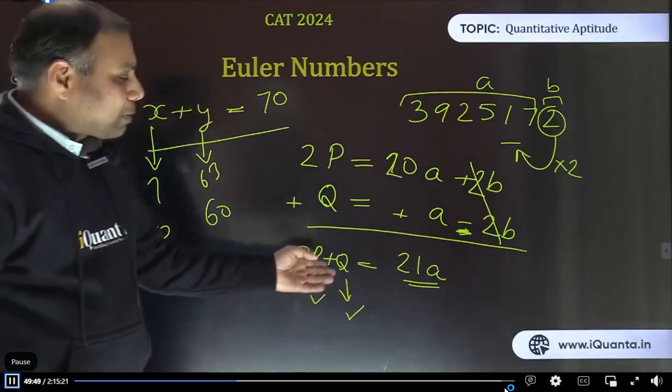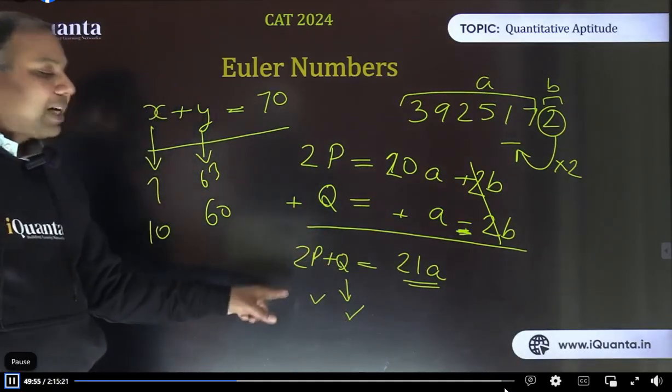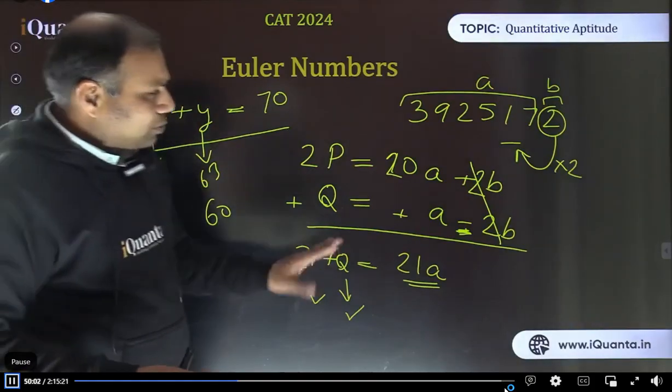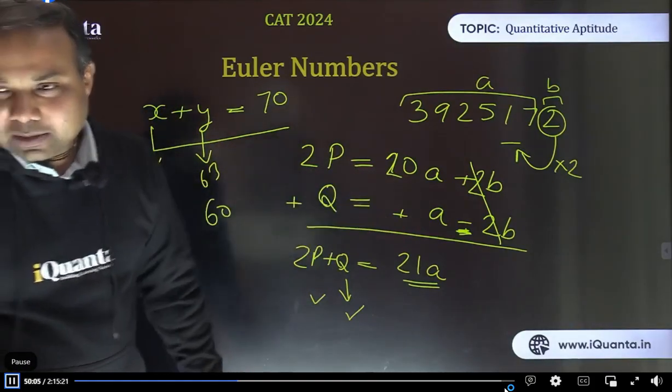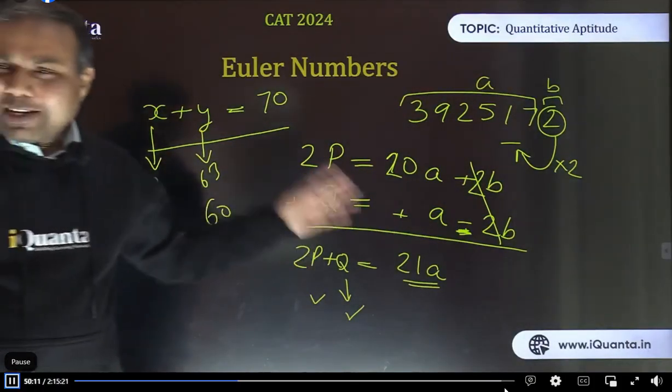Priyanshu, I am not sure whether q is divisible by 7 or not. मुझे नहीं पता. If q is divisible by 7, that will confirm that p is also divisible by 7. That's it. Don't worry about that. Don't be confused about that. We are just discussing why this method works. Okay, come back to our divisibility part. You will understand all these things. These are very basic, easy things. Don't worry.